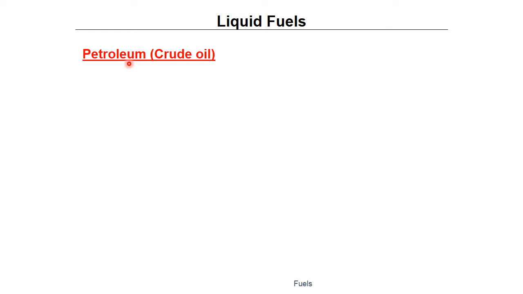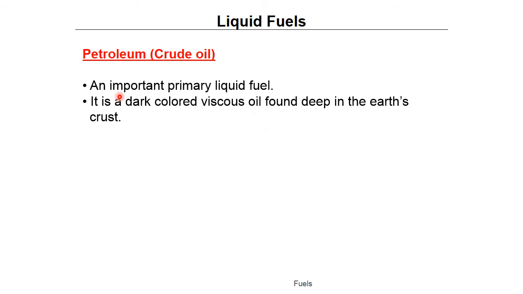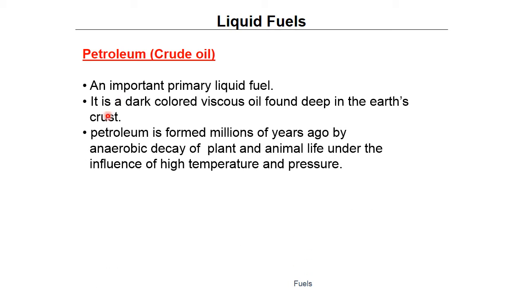Basically petroleum is nothing but crude oil, and this is a very important primary liquid fuel sample. It is a dark colored viscous oil found deep in the earth's crust. To form petroleum, millions of years are required, and this process is carried out in the anaerobic decay of plant and animal life under the influence of high temperature and pressure. So for the formation of crude oil or petroleum, we require a number of years as well as